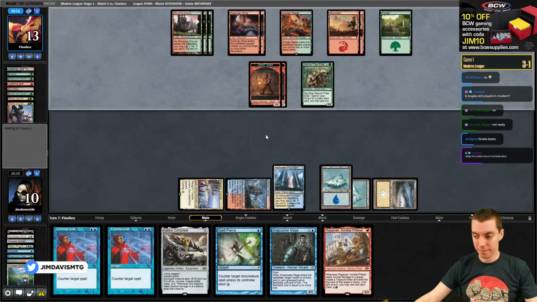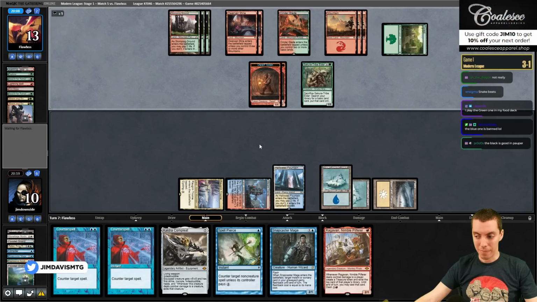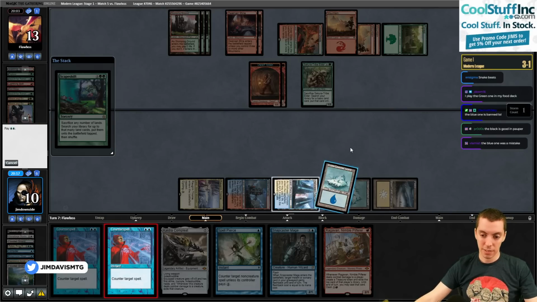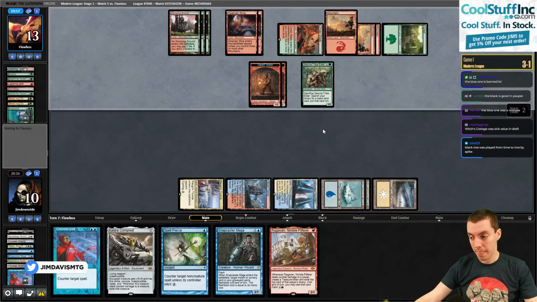All right, we're at 10. Black one's good in Pauper. That's fair. All right. Here comes... Oh, we're just dead. So they have Scapeshift and Titan. Or double Scapeshift. That sucks. I mean, we had to make the play we made. We're just dying, so...